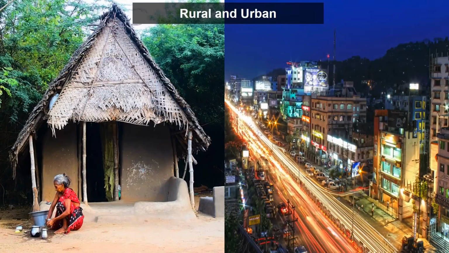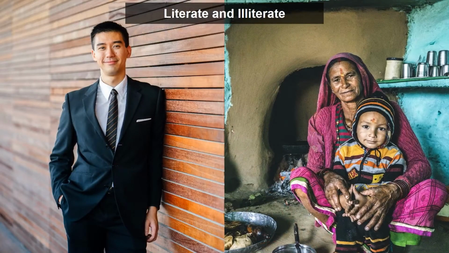Then further, accordingly, rural and urban, how many rural and how many urban are there? You can just use the statistics of frequency as well as percentage. Then literate and illiterate, in a population, how many literate persons are there and how many illiterate persons are there, that also you can do in nominal scale.